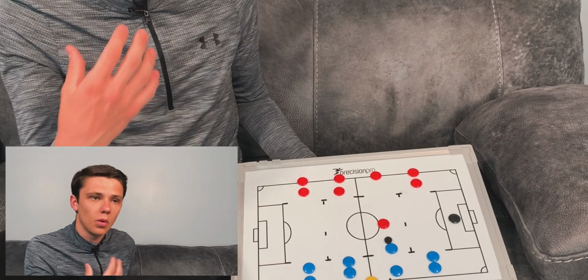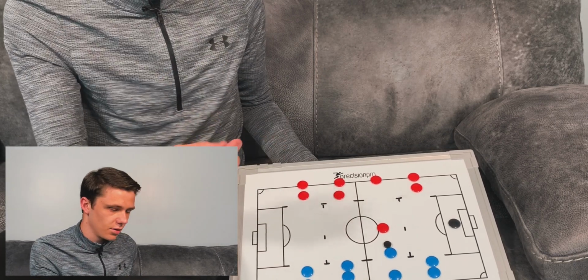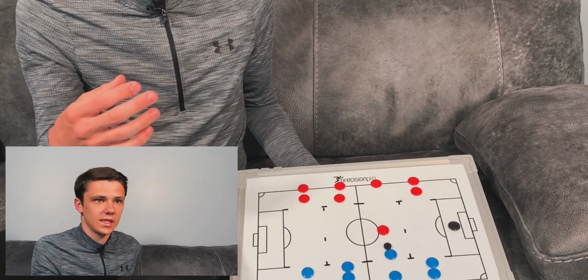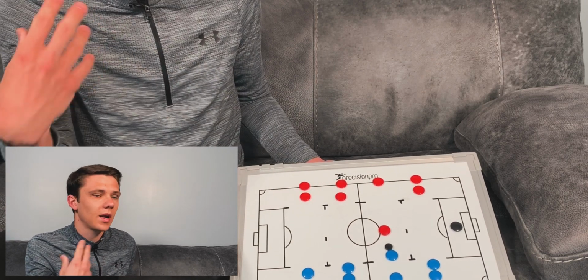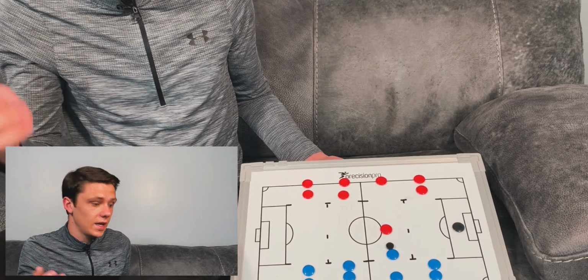And then it's about knowing the player who you're playing against. Okay, so what we're going to be looking at is, is it a left footer? Show them on the right foot. If it's a right footer, show them on the left foot. Where do they usually like to turn? Are they quick at turning? Are they not good at turning? Are they good at knocking the ball past somebody and running after it? Okay, so it's knowing the player that you're playing against